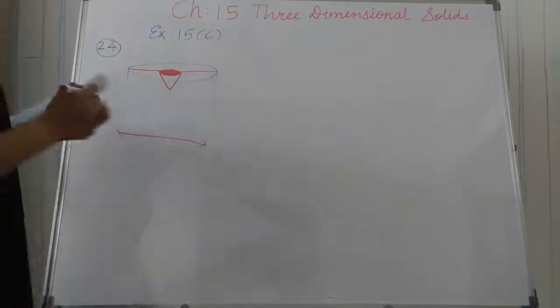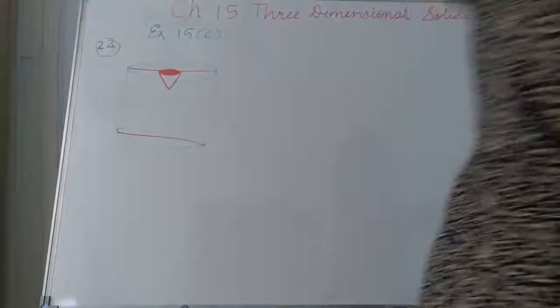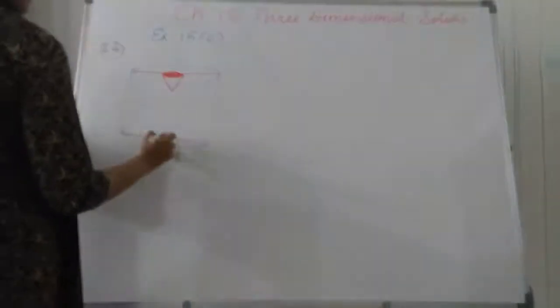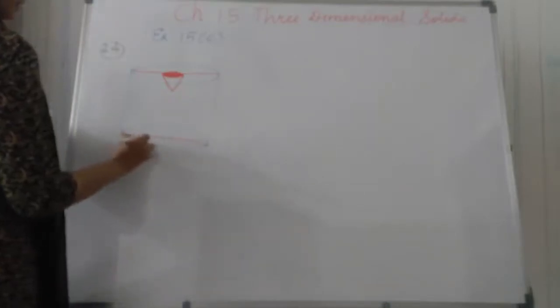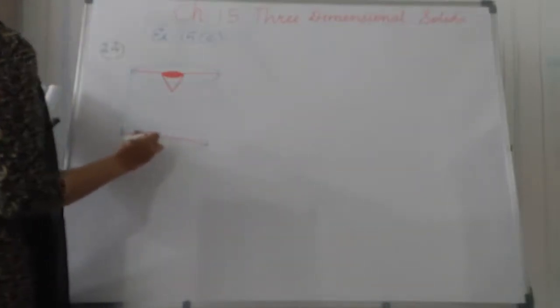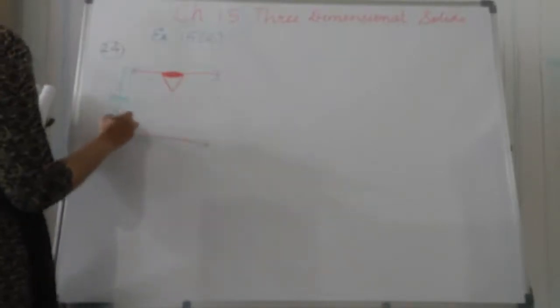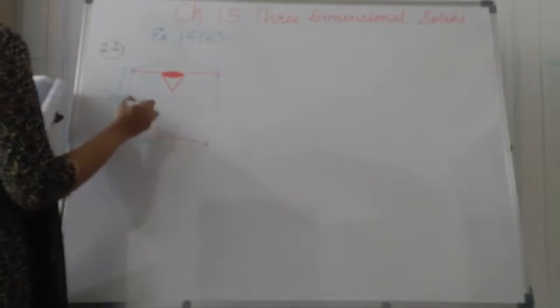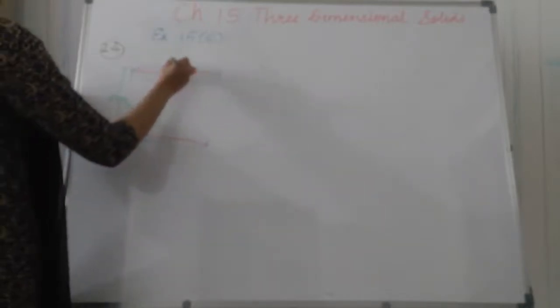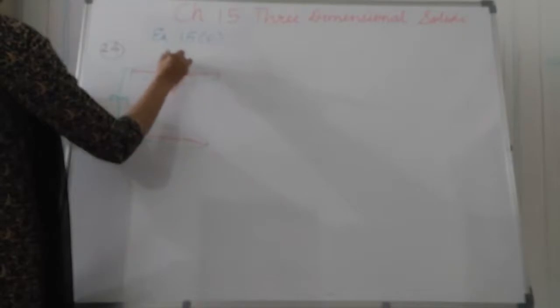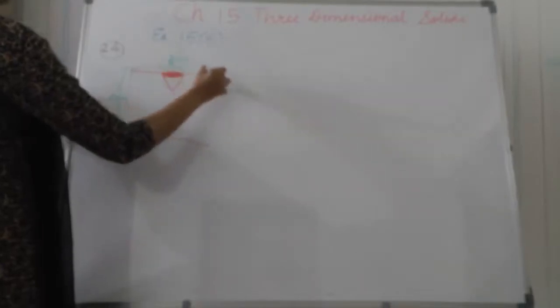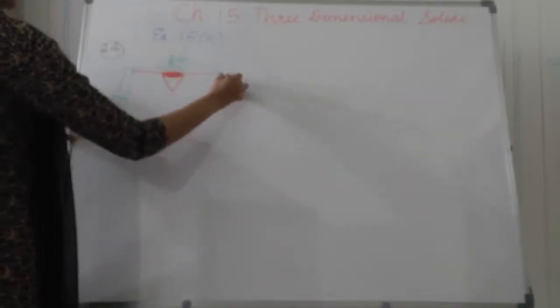Now let us write the dimensions given to us here. This is 3 cm, radius given 3 cm. This is the height 5 cm of cylinder. The next is, this is 3 by 2 cm and this is the height of the cone, which is 8 by 9 cm. So this is the figure given to us.